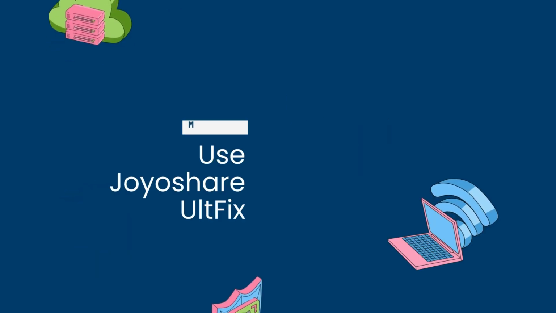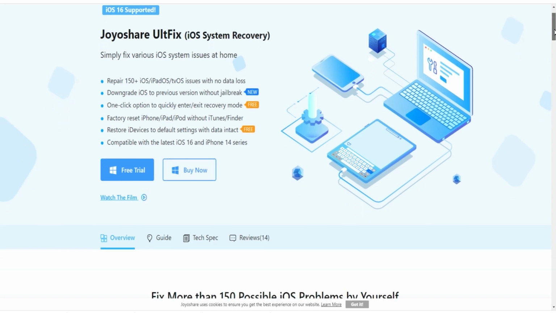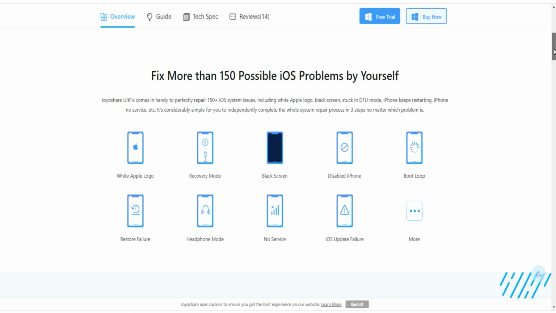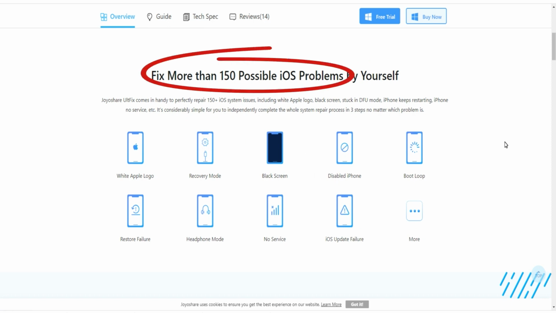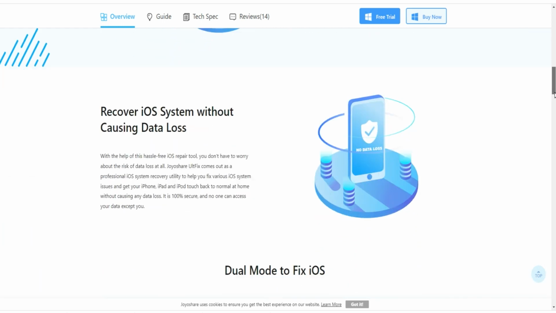Method 6. Use Joyoshare UltFix. Joyoshare UltFix iOS System Recovery is developed specifically as a solution to iOS problems of all sorts. It can be applied to the latest iOS version and models with ease. More than that, it carries 2 repair modes, Standard Mode and Advanced Mode, to fix more than 150 iOS